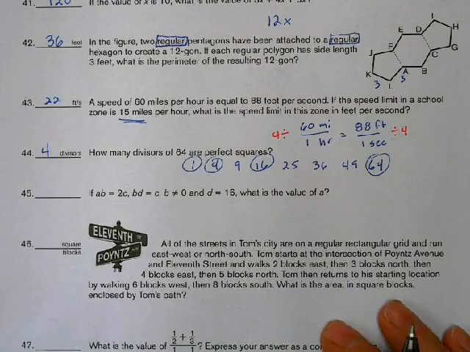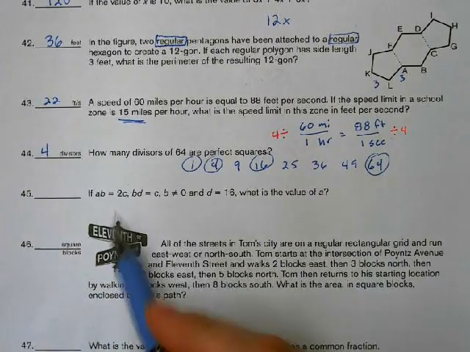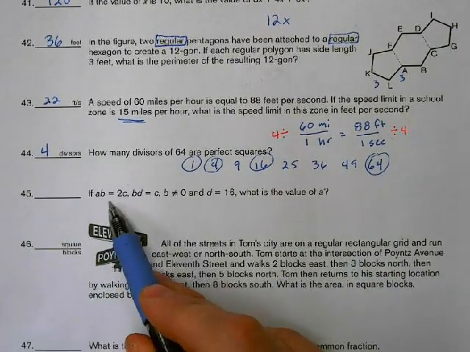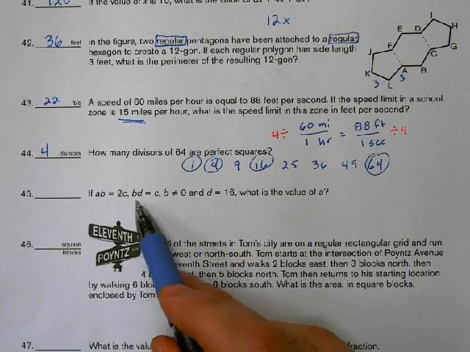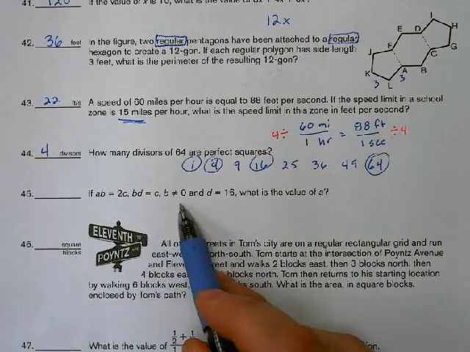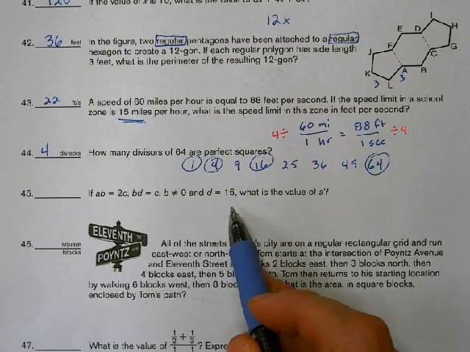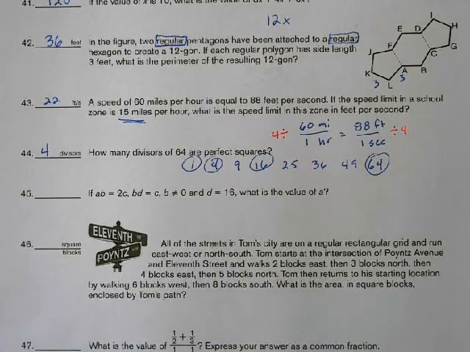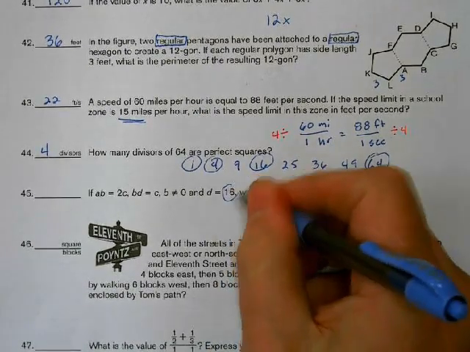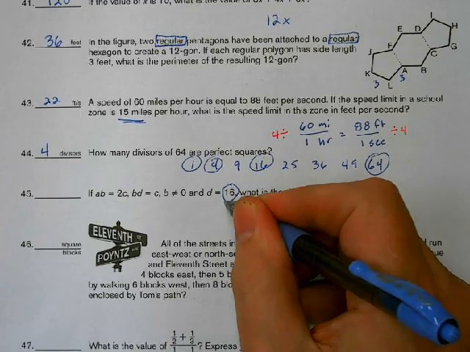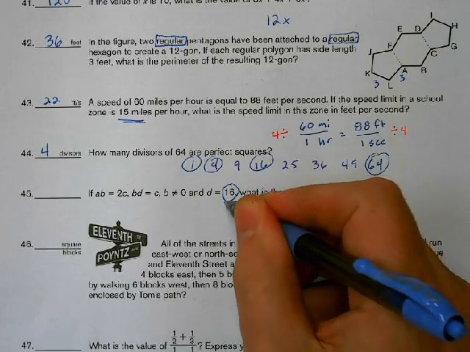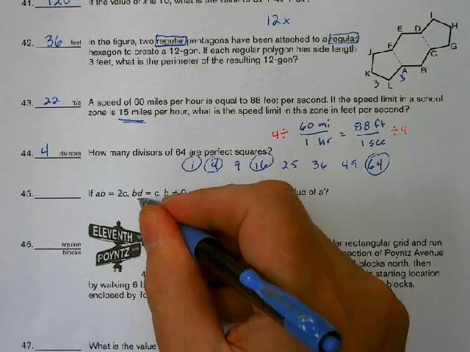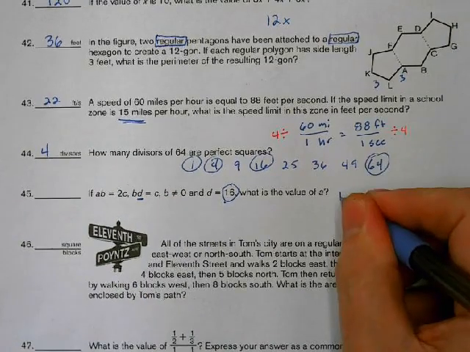All right, next one. If A times B equals 2C, and B times D equals C, and B is not 0, and D is 16, what's the value of A? Oh dear, lots of this. Okay, so I'm going to just start substituting in here. So I know that D is 16, so I'm going to write that 16B